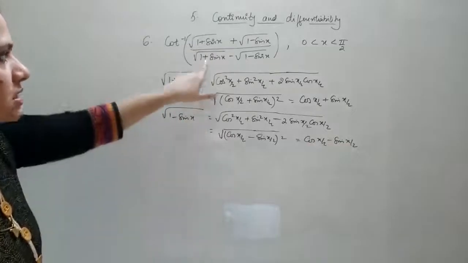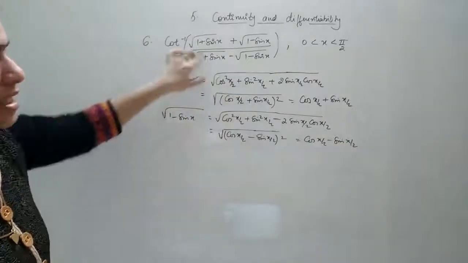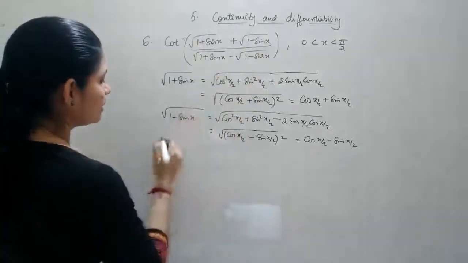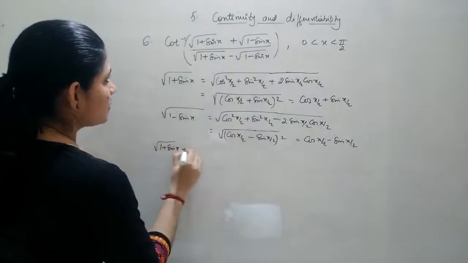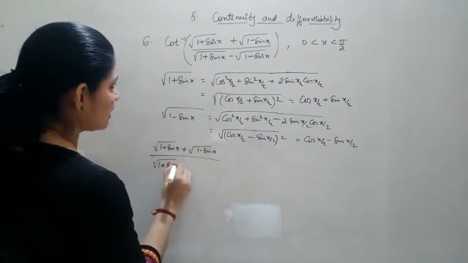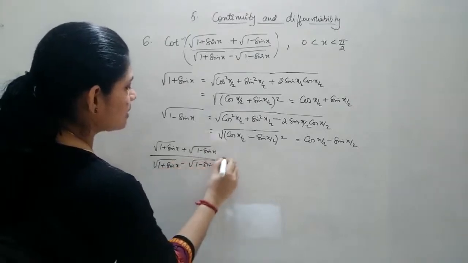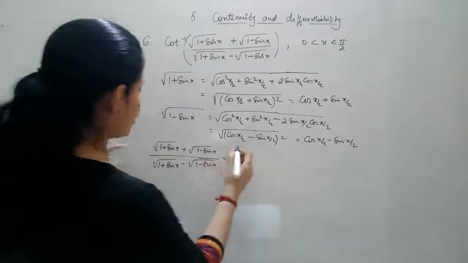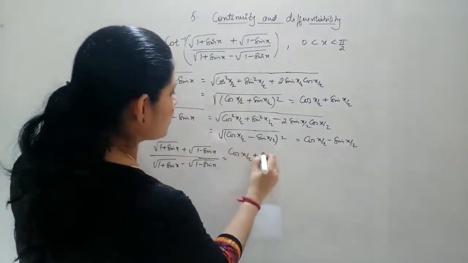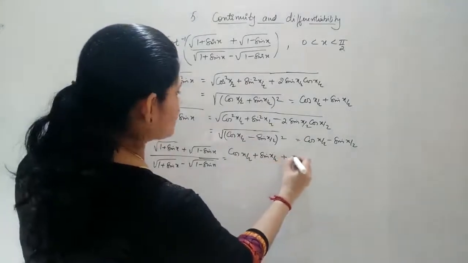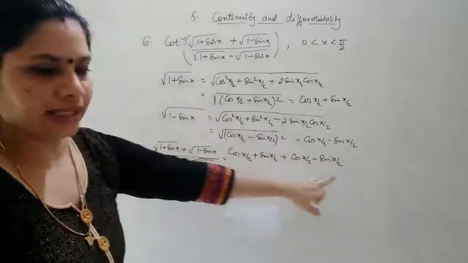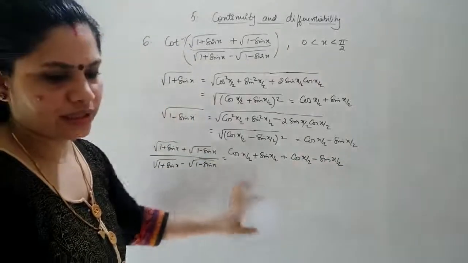Now in the denominator also you have the same terms. We are just replacing the values. Taking only the bracket term, root of 1 plus sin x plus root of 1 minus sin x divided by root of 1 plus sin x minus root of 1 minus sin x becomes, after substitution, cos x by 2 plus sin x by 2 plus cos x by 2 minus sin x by 2 in the numerator. You can see that sin will get cancelled here, so you get the numerator as the cos term.